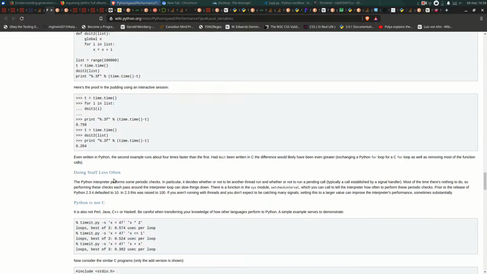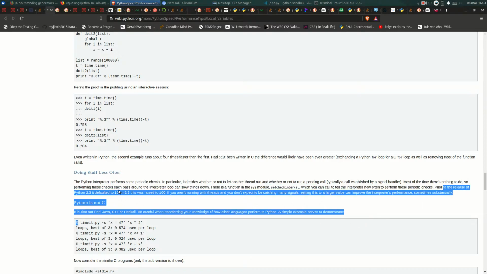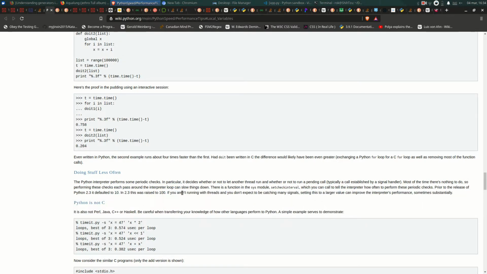Doing stuff less often. The Python interpreter performs some periodic checks. In particular, it decides whether or not to let another thread run and whether or not to run a pending call, typically a call established by a signal handler. Most of the time there's nothing to do, so performing these checks each pass around the interpreter loop can slow things down. There is a function, sys.setcheckinterval, which you can call to tell the interpreter how often to perform these periodic checks. Prior to the release of Python 2.3 it defaulted to 10. This is raised to 100. If you aren't running with threads,